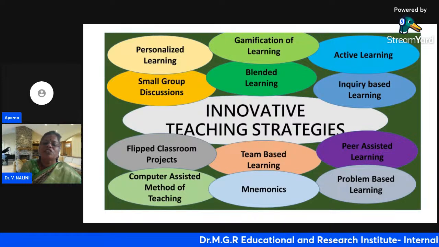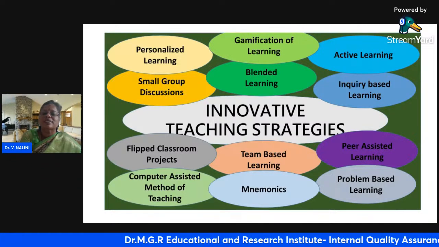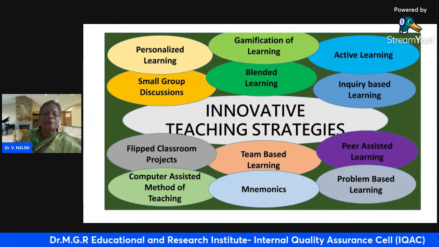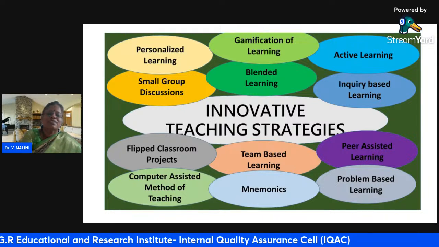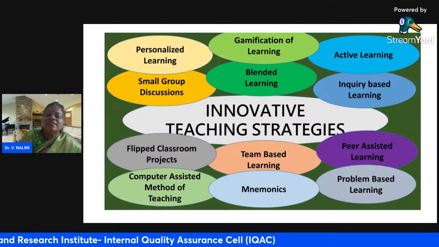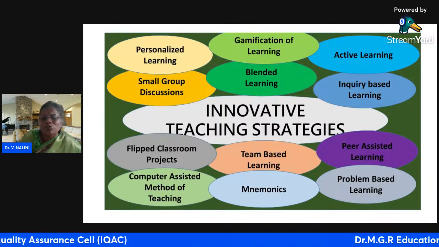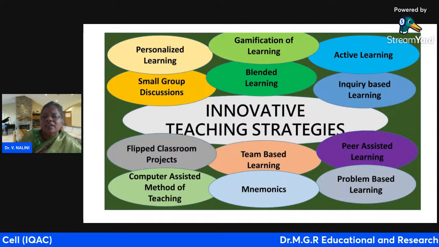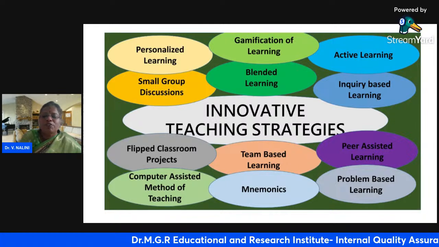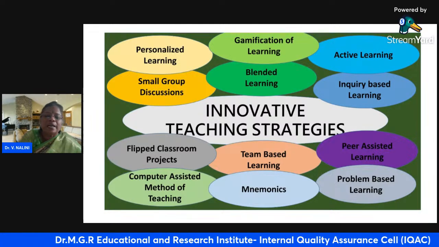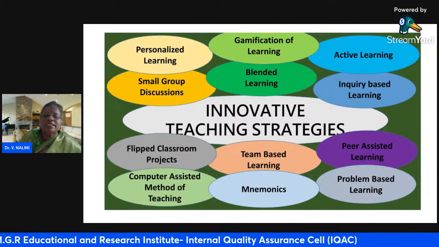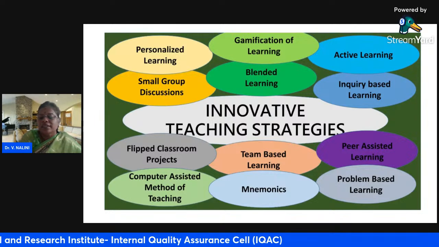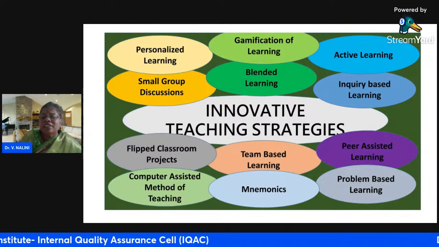Personalized learning, gamification, active learning, small group discussion, blended learning, inquiry-based learning, flipped projects, team-based learning, peer-assisted learning, computer-assisted learning, and mnemonics. Mnemonics is acronymic: taking the first letters and creating a special word from them, for example, VIBGYOR. So all these things are mnemonics based, and problem-based learning, and any number of things we can adapt in